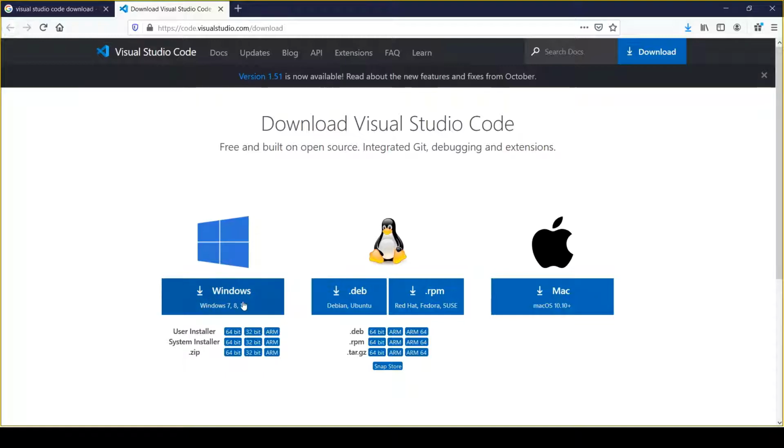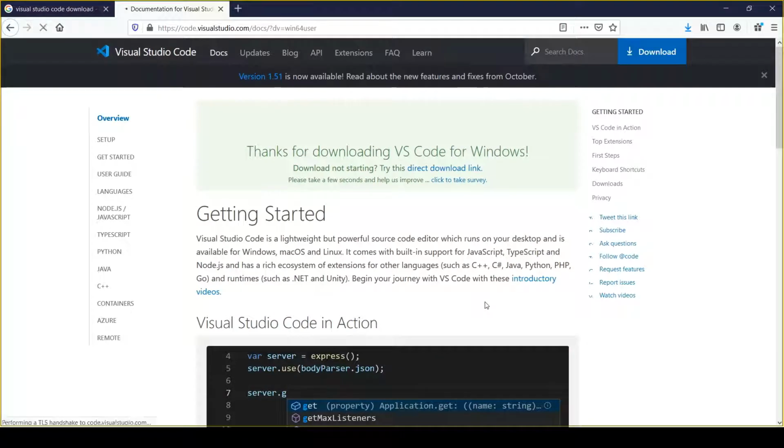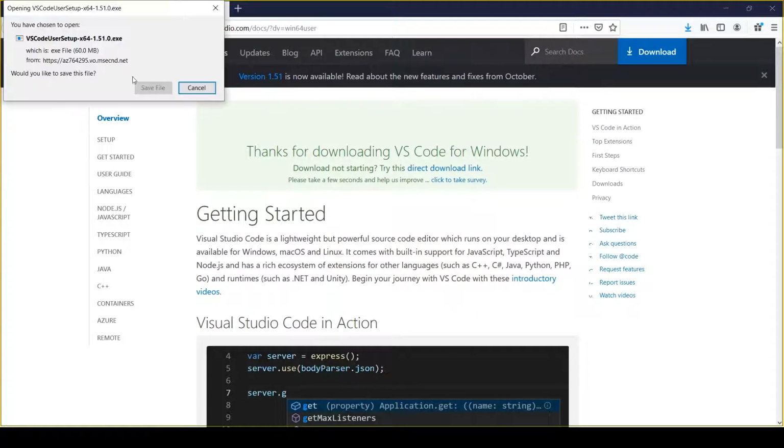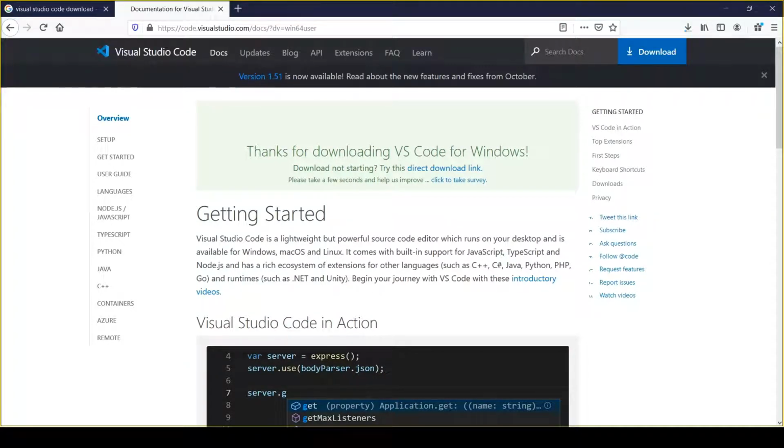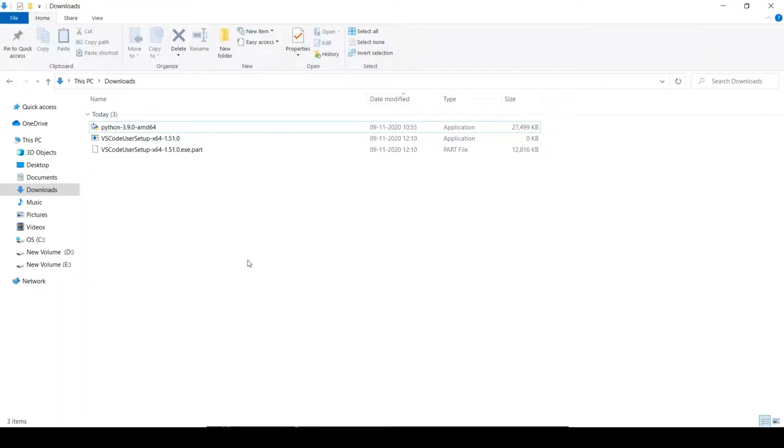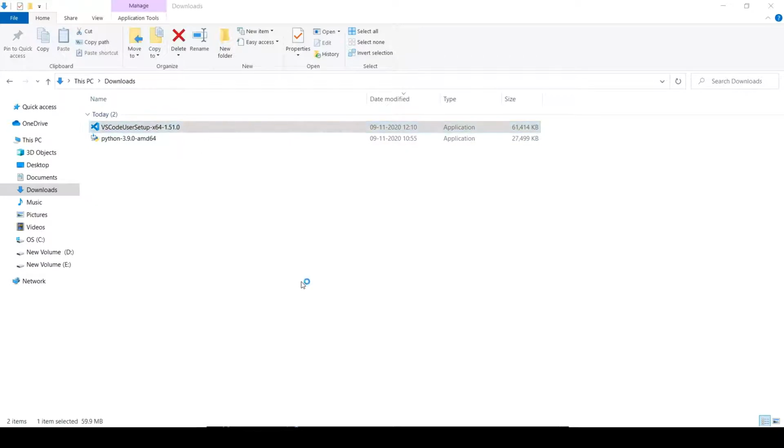I am using Windows 10 and my machine is 64-bit, so I'll be clicking on this link, and this will start your download process. So click save, go to your download folder, and once the download process gets completed, so now you can see that it's completed. So click on this file,